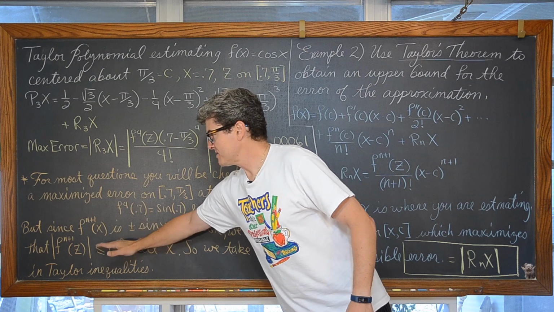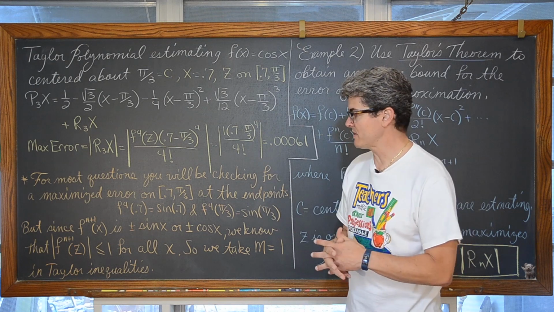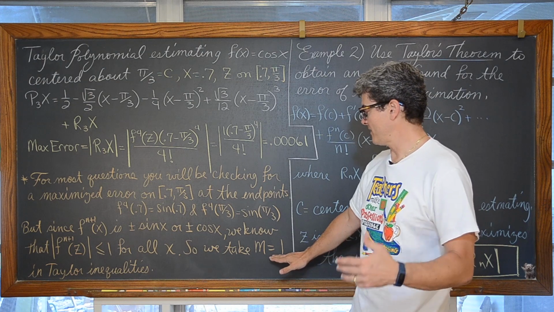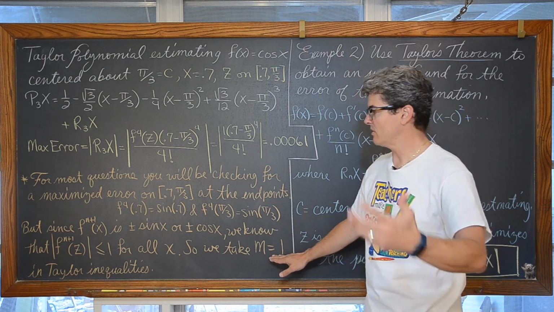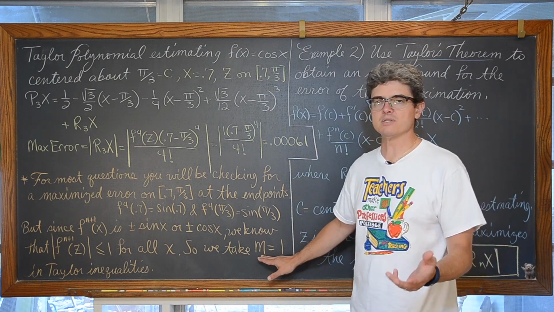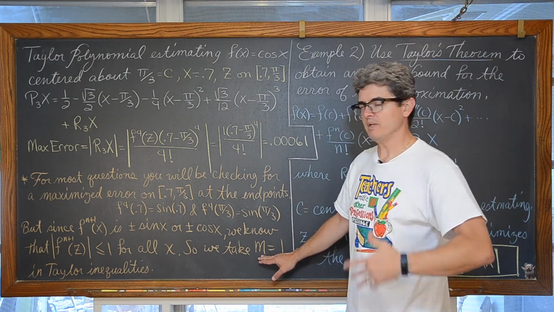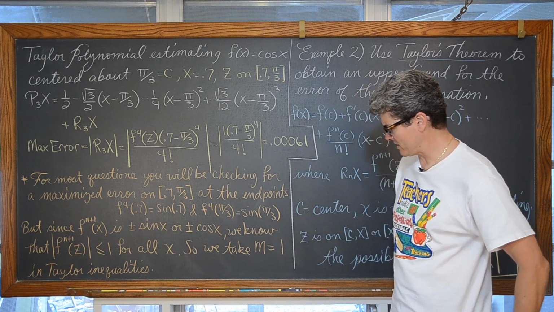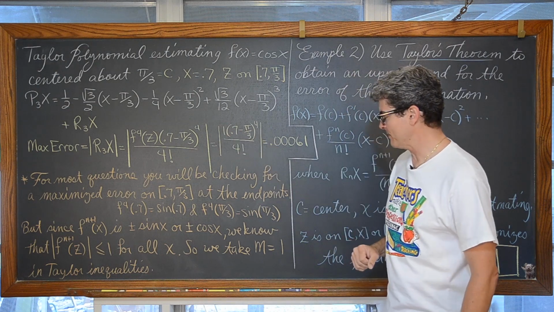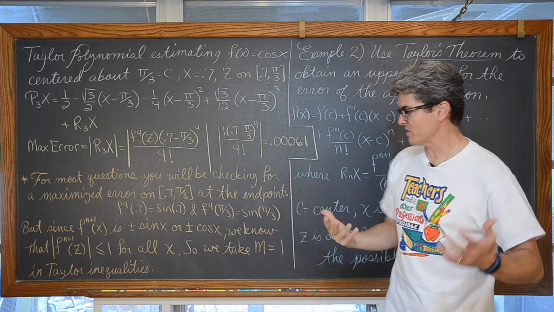So the absolute value of that derivative is never going to give us a value that's greater than 1. So we just basically set it to be our maximum. The n plus 1 derivative of f of z, we're just going to take it as an M value of 1. This capital M is like a maximized error. The error value is not 1, but another textbook uses a little bit different notation and they used a capital M. So in case you're seeing capital M to determine what goes here as our first factor in the numerator, I'm saying it's some kind of derivative of f of z. Different books, different notation.